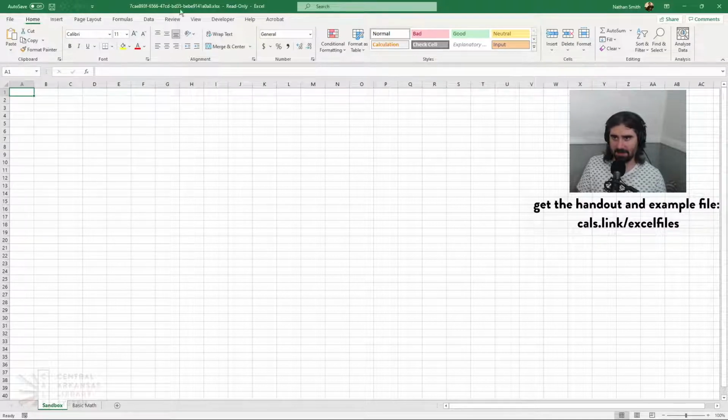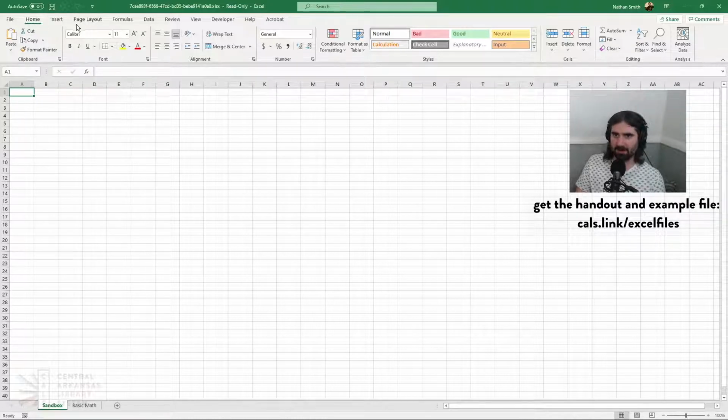Okay, so down here underneath this green bar at the top is an area that's known as the ribbon. The ribbon is a design concept that Microsoft likes an awful lot. They've added it to pretty much all their software at this point. The idea behind it is that it makes your commands, your tools in Excel and whatever other programs you're using that have it, really easy to find. So, for example,